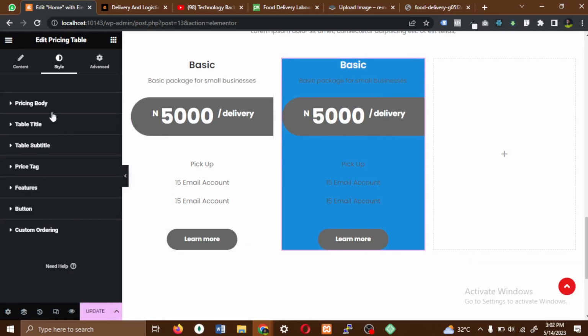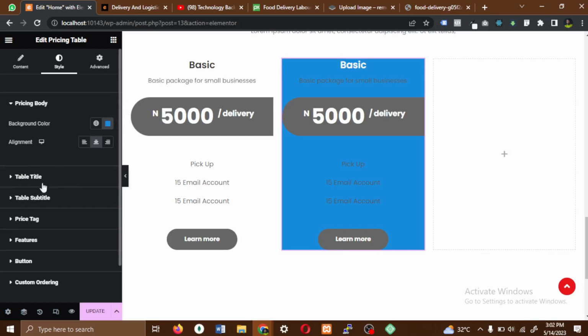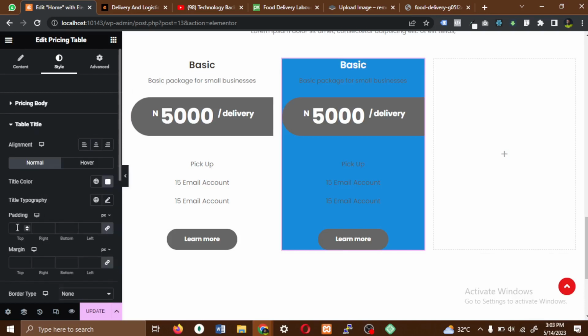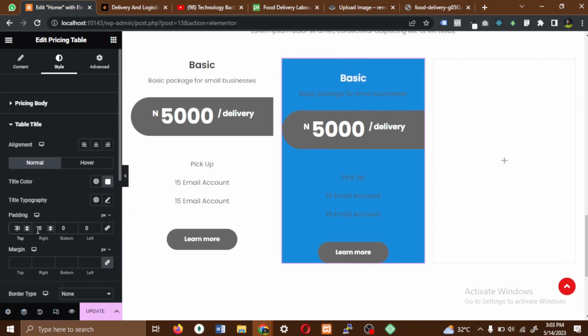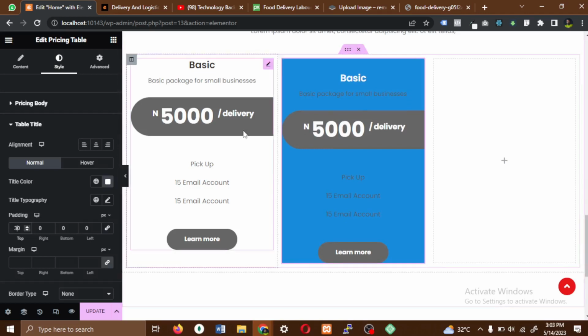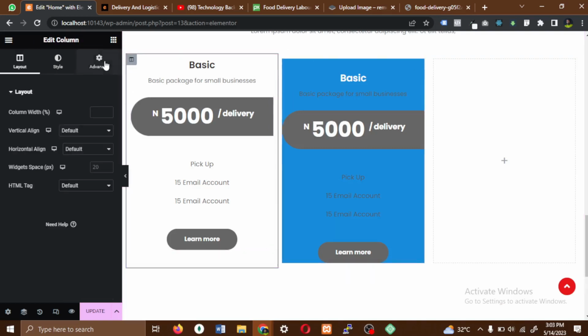And maybe you want to give it a margin. Sorry, maybe you want to give it a padding top. All right, you might want to give it a padding top of maybe like 30, so that it will have some spacing. You want to do the same for this one too, so I don't know. And yeah, you might want to give both of them here some spacing in between them,